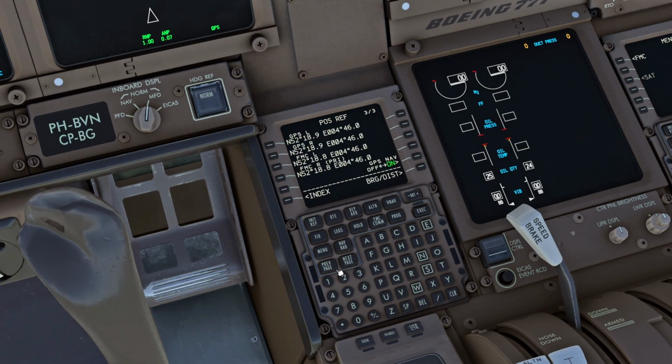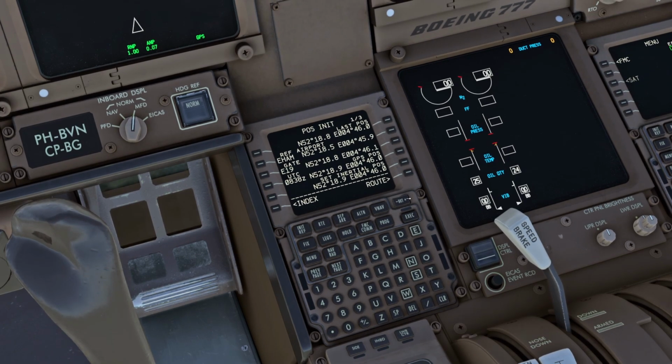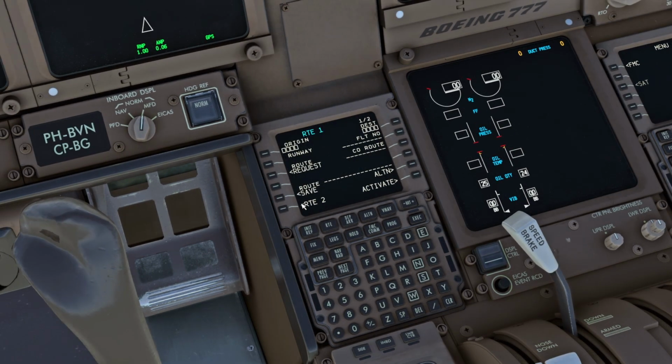Okay, so we've now given the ADIRU position to align itself, so it will continue to do that in the background, and we can go to the route page. So on the route page we can request a route. Now the most common way, especially for the long haul flights like this, is to request a route through ACARS,